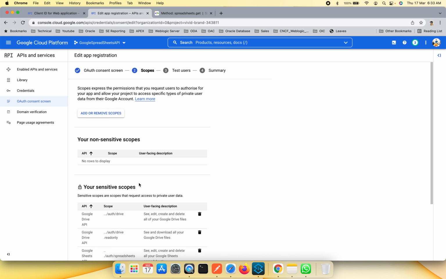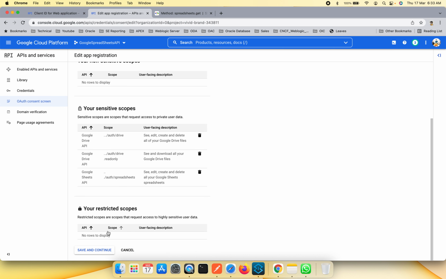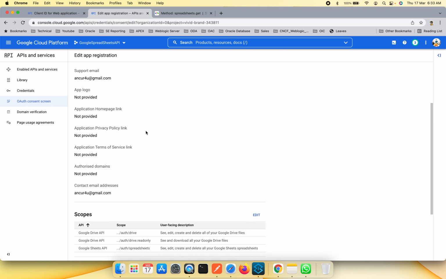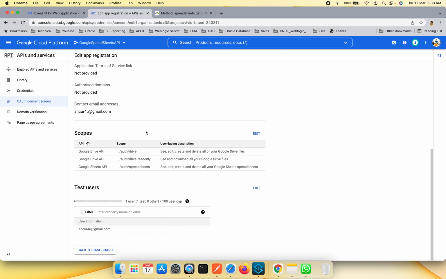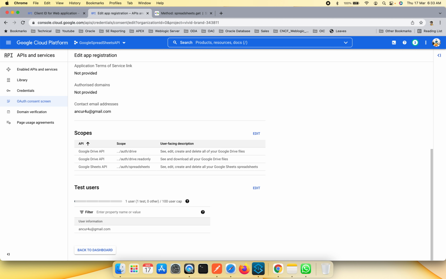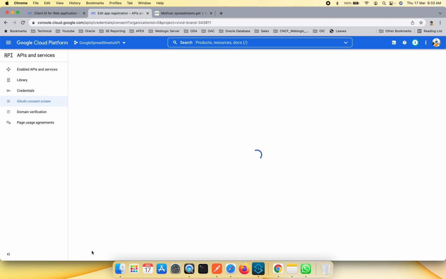For the scope, I have used the majority of the things for Google Sheets, and after that there is a test user. For the test user, I have put down the same email ID, and finally this is the summary of it. Once it is done, it will give you the option to go back to the dashboard, so you can click over here